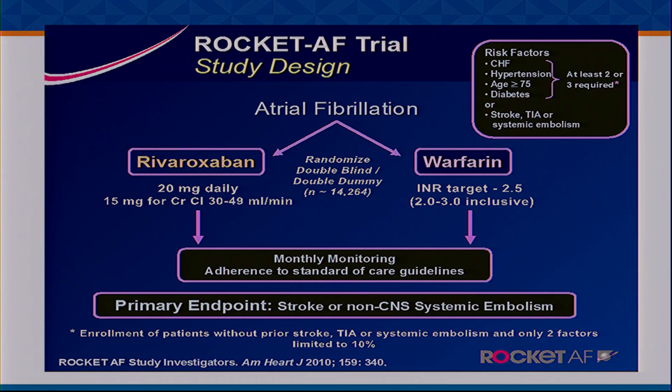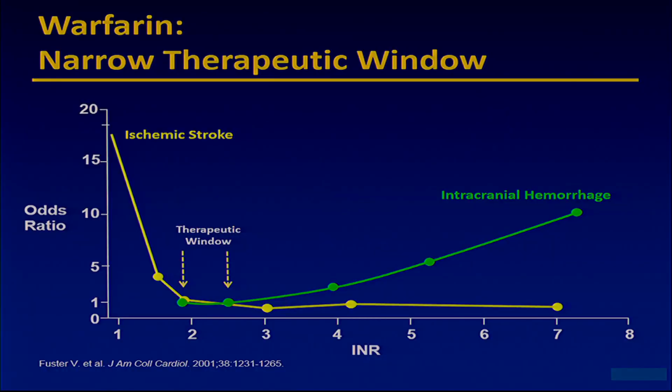So just to highlight some of the difficulties in doing a study like this, if you think about randomizing over 14,000 patients to two treatment arms in a double-blind, double-dummy fashion, you can imagine all the things that have to be done regarding monitoring and adhering to standard of care. So having monthly monitoring across the globe for this can be quite a challenge. And then also making sure that all the outcomes are complete and well adjudicated. And then in this context where we have a therapy that is already known for the comparator that does vary significantly regarding the therapeutic window, and we already routinely do heavy monitoring in clinical practice.